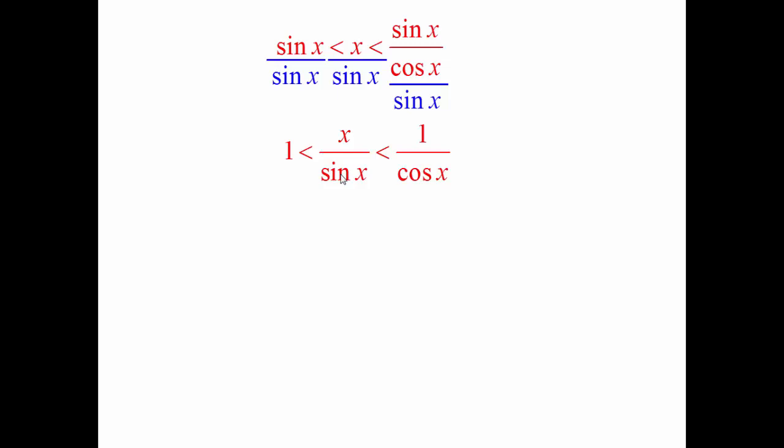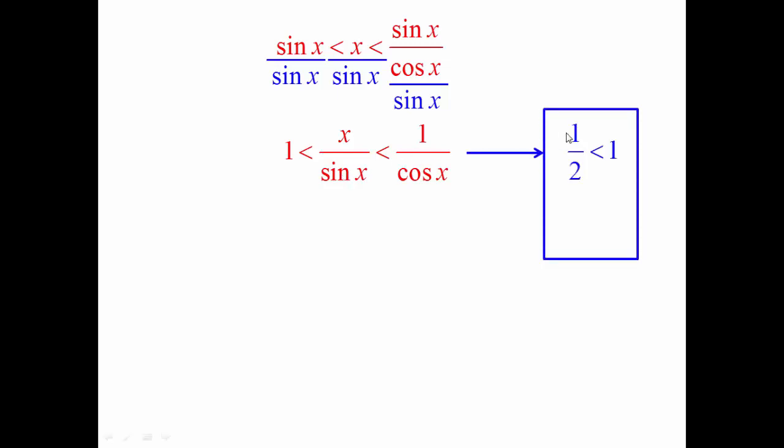I'm going to take the reciprocal of all 3 sides. Again, as long as I do it to everything, it's perfectly legal. But something I'm going to remind you of that you've probably forgotten is a simple rule that has to do with inequalities. When I take an inequality, such as 1/2 is less than 1, and I take the reciprocal of both sides, 1/2 becomes 2, 1 stays 1. But notice what also happens is that the inequality flips as well. If I flip the fractions, I also have to flip the inequality to remain true.